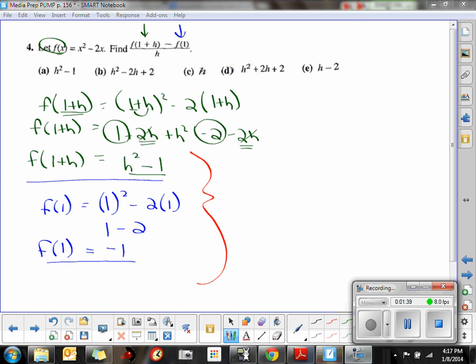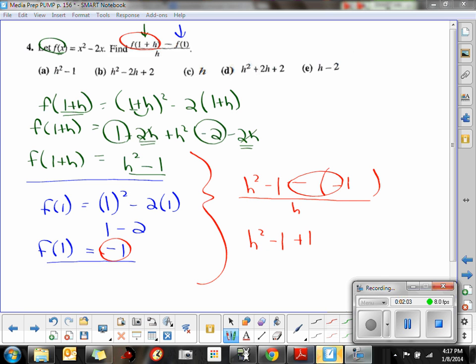So putting this stuff into play. Find f at 1 plus h. Well, that was h squared minus 1. We're supposed to subtract from that the value that we got at f at 1. Well, the value of f at 1 was a negative 1, and that's all divided by h. So we're going to simplify up on top here. Minus a negative is plus, so it's h squared minus 1 plus 1 all over h, which if we simplify